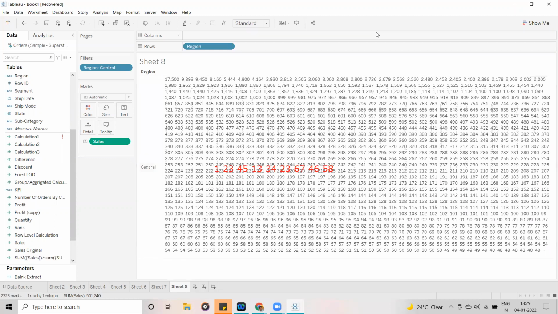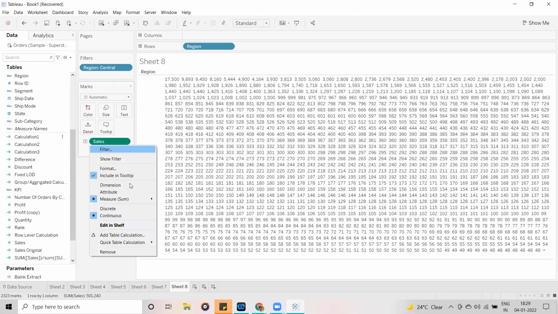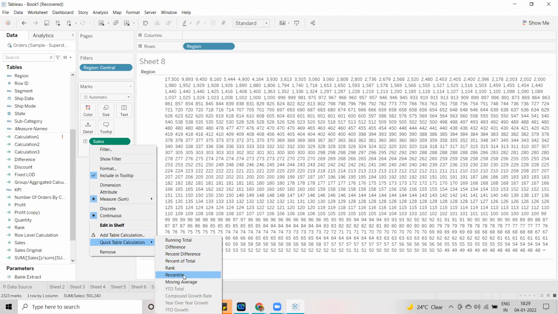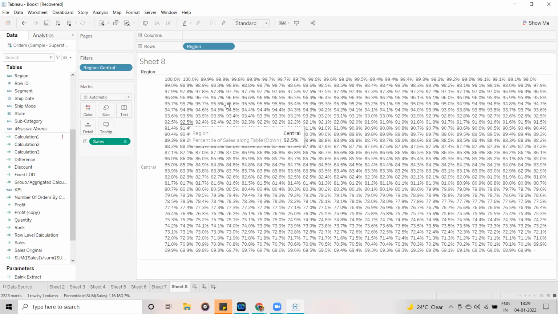Now I want to know the 60% or 100% or something. So, as I said, let's go to sales, quick table calculation, percentile. If I click on percentile, you can see what it is displaying: the maximum values, in thousands, showing 69%, 69%, 68%.